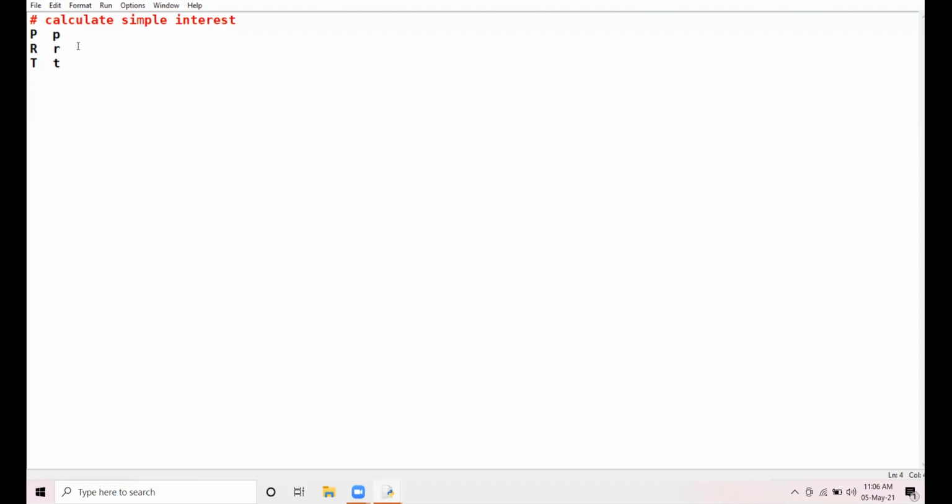Beta, in memory, whether it is an alphabet, a digit, or a special symbol, each and every character in memory is stored in the form of ASCII code. Every character, every alphabet, every digit, every special symbol has an individual, unique ASCII code, and due to this ASCII code only, they are stored in the memory.